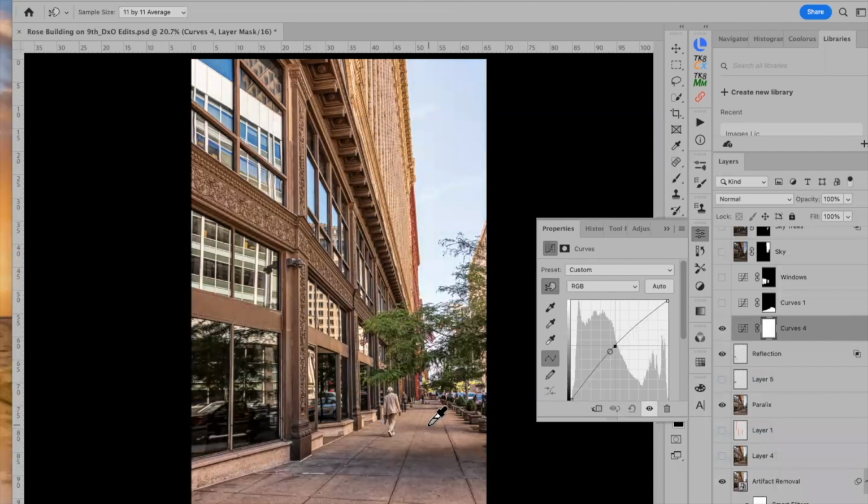Now that lightened everything in the image. Let's turn that on and off. So the building got lighter, the man got lighter, the sky got lighter. See that? And that's not what I want. I want the man and the sidewalk lighter, but all the rest of this to remain the same. So what I'm going to do